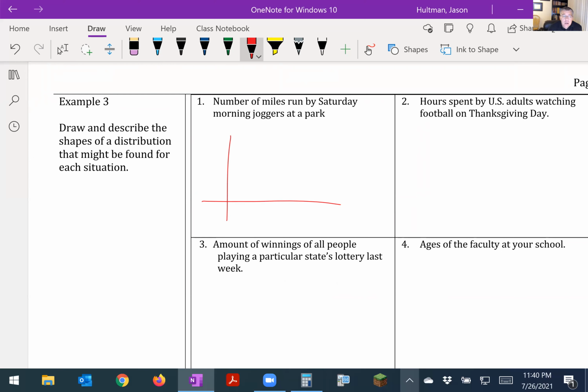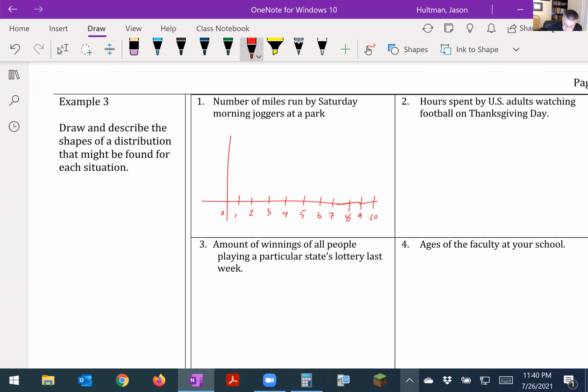When I go out to jog, I'll probably do like 2 or 3 miles, around 5K, and I'm done. So maybe we could have people that did 0 to 1, 1 to 2 miles, 3 miles, 4 miles, 5, 6, 7 miles. We could go 8, 9. I'm going to stop at 10, because if you're running around a park and you do 10 miles, that's a